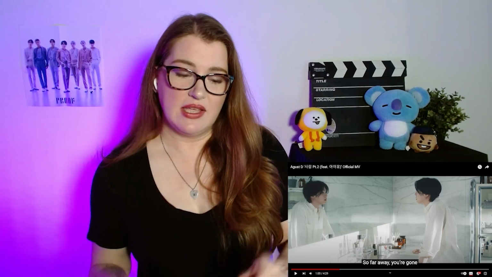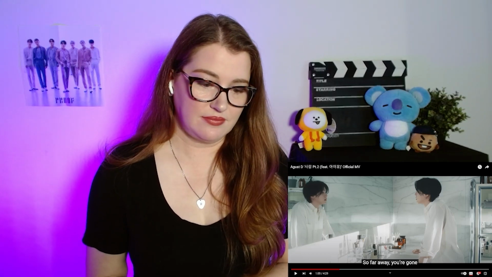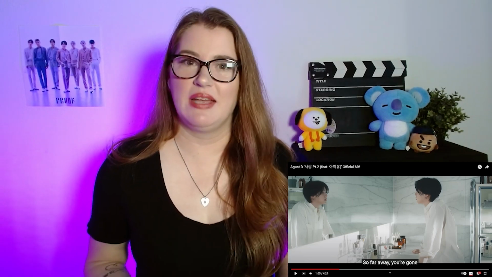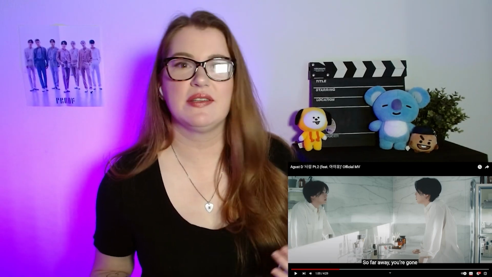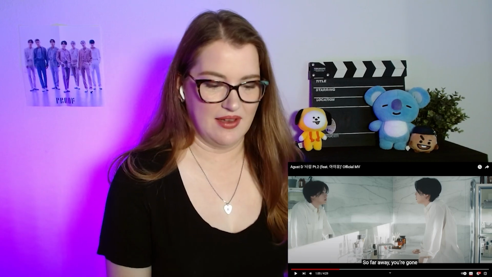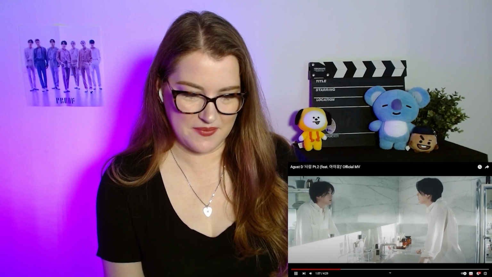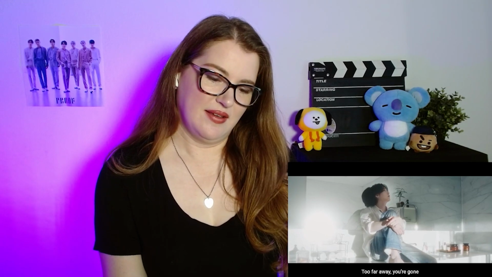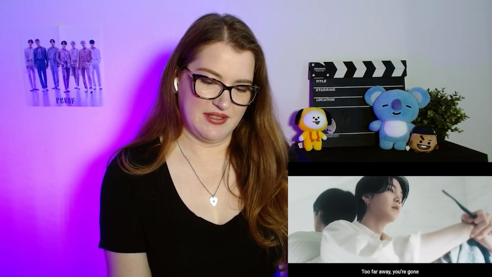And now in this shot, he's looking at his reflection. And literally, he's reflecting. So oftentimes mirrors can be used to show that you're reflecting on something, you're thinking about something. And quite literally, that's what's happening here. Getting far away, so it looks so pretty. See those slow camera movements?